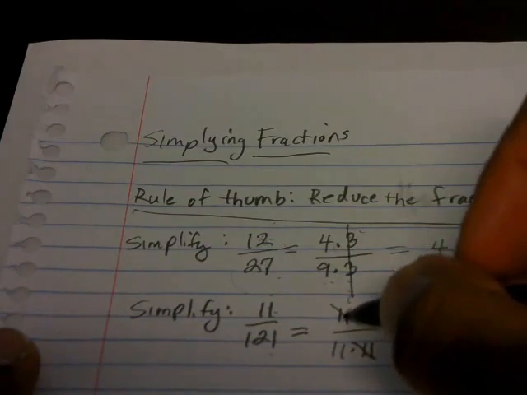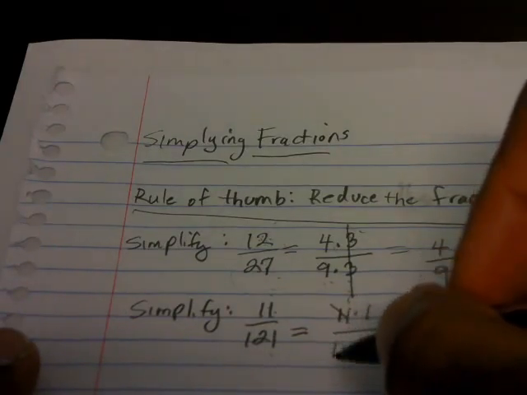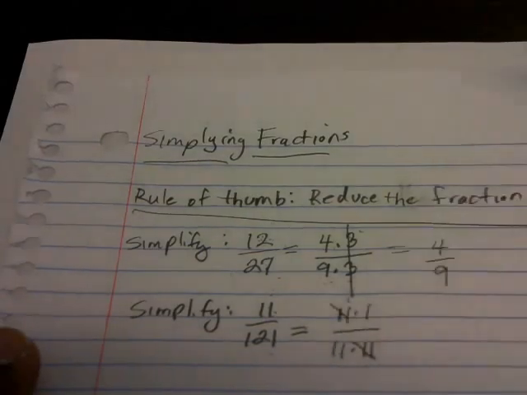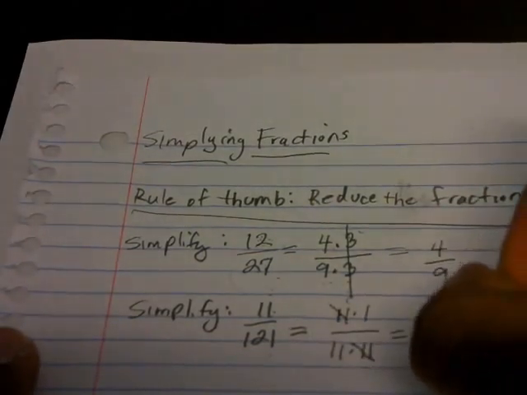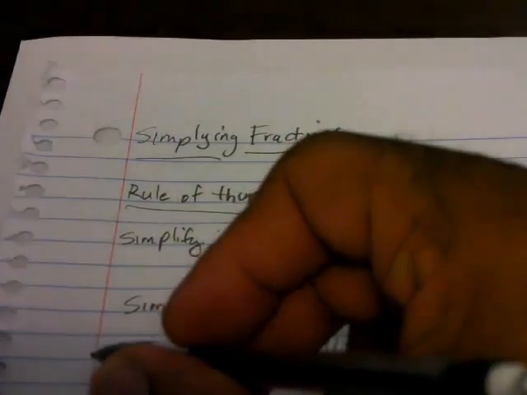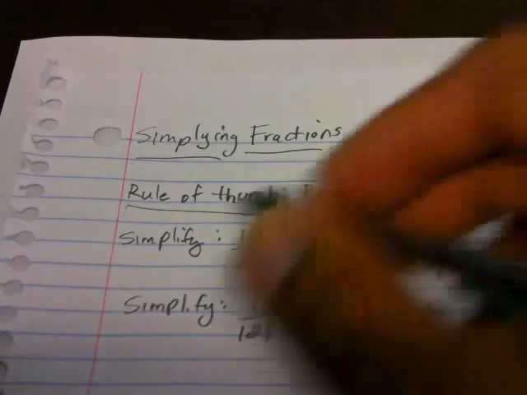It doesn't matter which factors you cancel, as long as you cancel one that's in the numerator and one that's in the denominator. And then you should have 1 over 11. Now this is simplifying fractions, improper